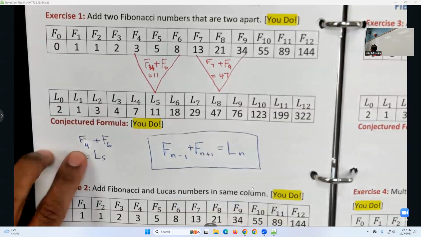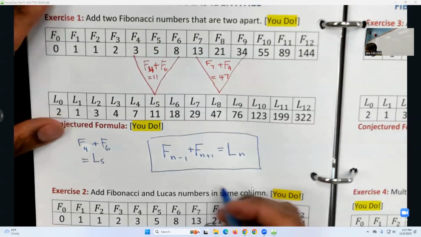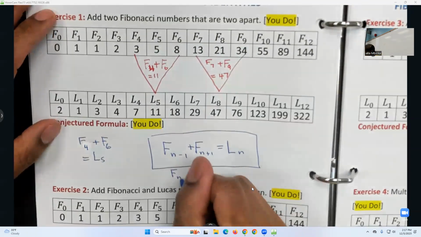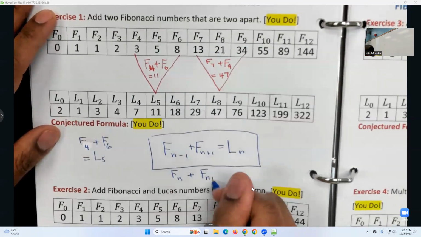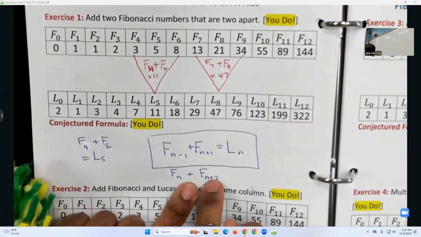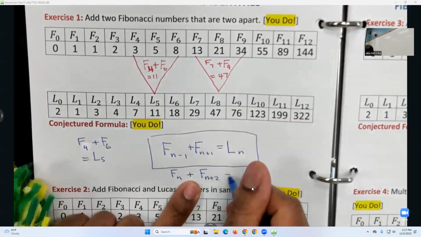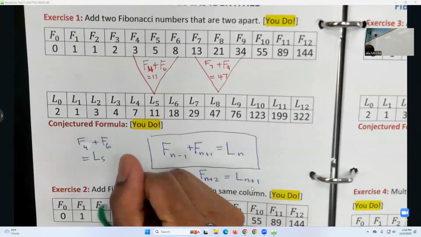Purdy flower. Okay, so I want you to be able to take something abstract like this 4, 6, and 5 and say, how do I express this in n lingo? Just pretend that number is n. Is this the only possible way to express this? No, there's other ways to express this. We could have said Fn, and then I'm going to skip the next one. So I have Fn, not n plus 1, but n plus 2. Those numbers are 2 apart. And then the subscript in between n and n plus 2 is obviously n plus 1. So this is equal to Ln plus 1. So this is an alternate correct